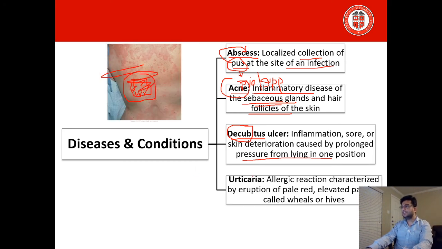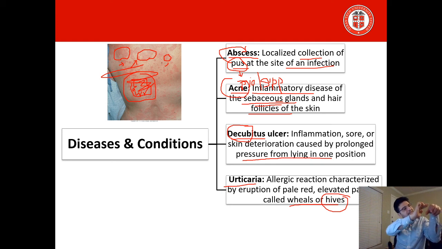Urticaria is a common disease of skin which is characterized by these wheals or hives. So these are, if you can see pretty closely, these are red wheals, but they are some sort of elevated like hives, and that's why the term hives comes from. So these are elevated patches. So the classic feature here is that they are wheals or rounded areas, but they're elevated from the skin. So if you watch them, you can see them, it's just above the skin, and they are red, and it's an allergic reaction to a lot of allergens,